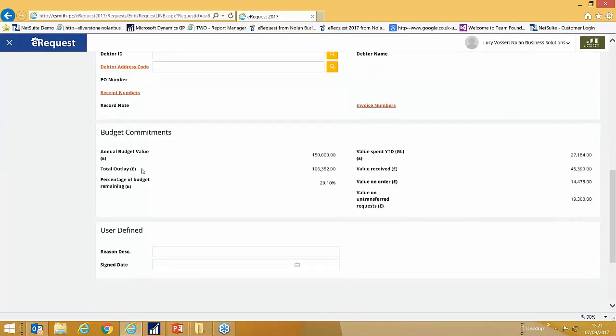Down at the bottom here, I've got my budget commitment area. So we can see that I've got an annual budget for venues of 150,000. So far this year to date, I've spent 27,000. I've used up but not been invoiced for 45,000. I've got 14,000 on order, and I've got 19,000 in transferred requests. If I add up all those commitments, it gives me 106,000, which tells me I've got 29% of my budget remaining. So that's okay. I'm free to go and book that